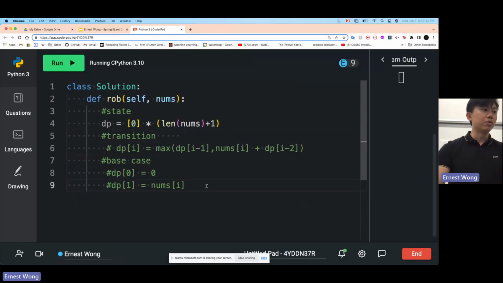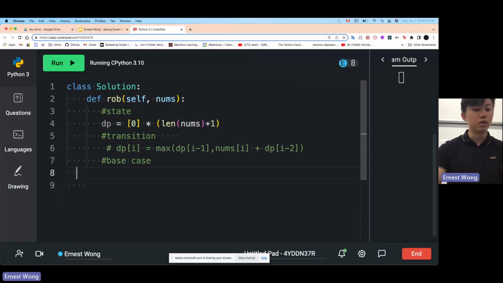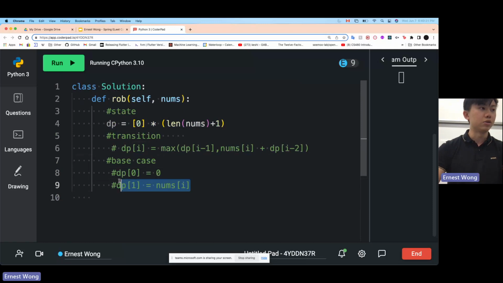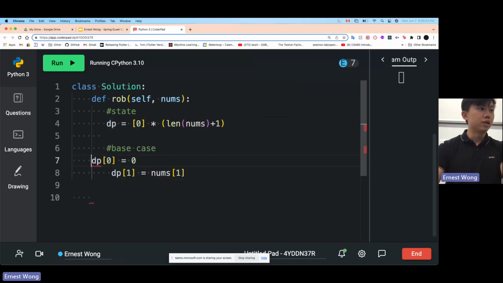And I'm going to use a bottom-up approach because I think that's a little simpler. So we can actually uncomment this because this is actual code. So we have our base case over here. So we've set up our state. We set up our base cases, and finally we want to iterate.